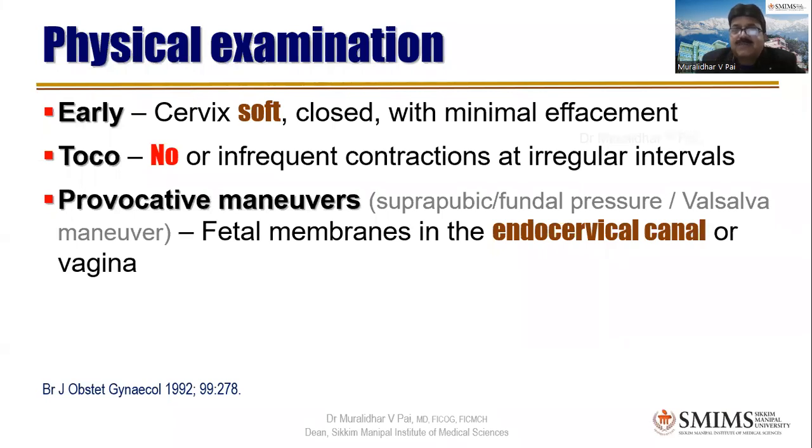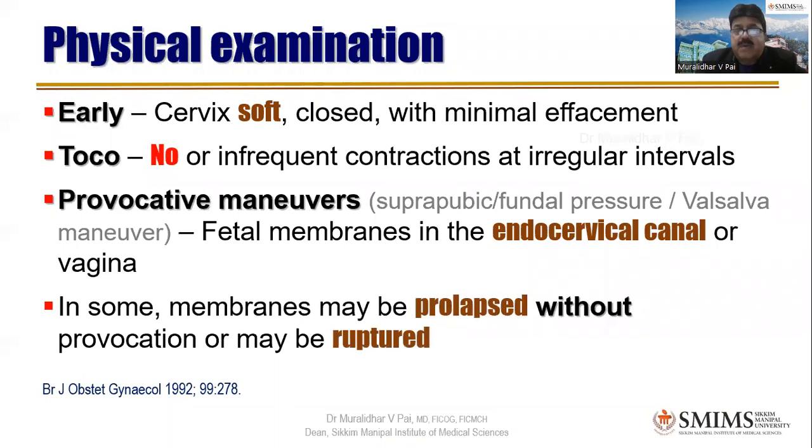But if you happen to do it, or a Valsalva maneuver, the patient does try to, the fetal membranes in the endocervical canal or in the vagina can be seen. Maybe what you can do is, as you just do an ultrasound, apply pressure to see whether the cervix is yielding. That's the meaning of it. You should not really do the pressure to see whether the membranes are bulging through the cervical canal, only at the ultrasound, not otherwise.